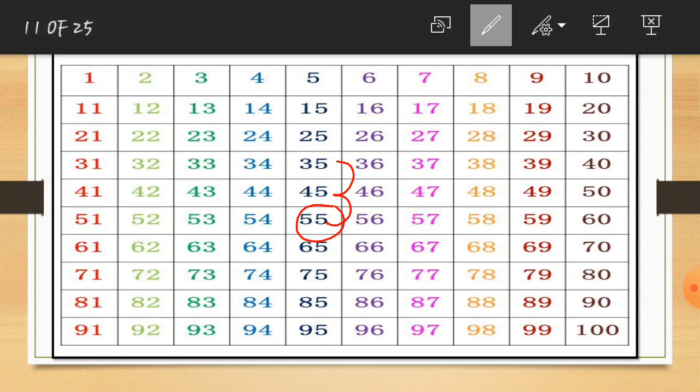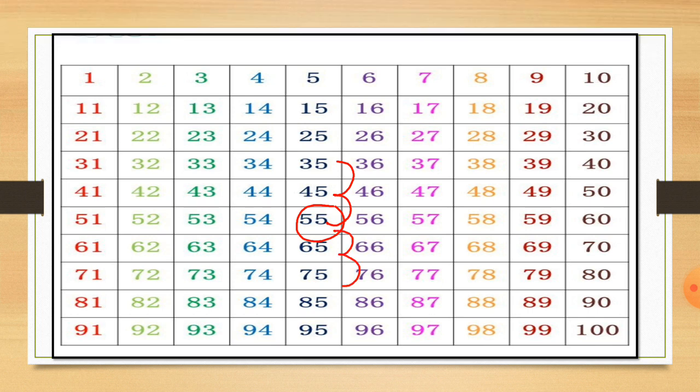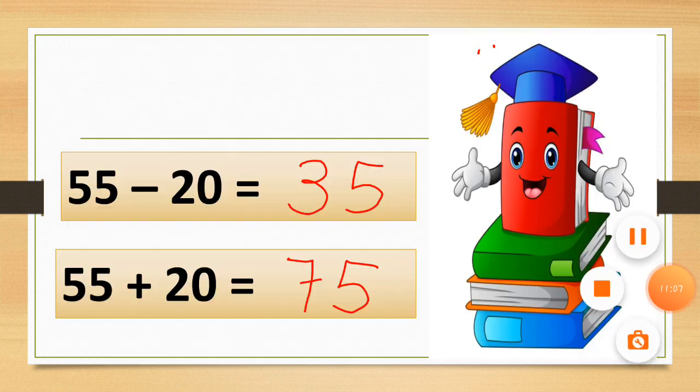So let's see. I just draw the steps. Here are the steps, you can see. This is the first step. So in the first step we get the answer 65, and in the second step we get the number 75. You can see I move this red dot so you can see this. Here is the number 75 we get as an answer. So let's check if we wrote 75 or not. You can see here students, I wrote 75 as the answer.